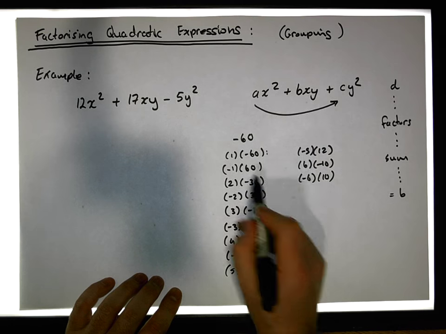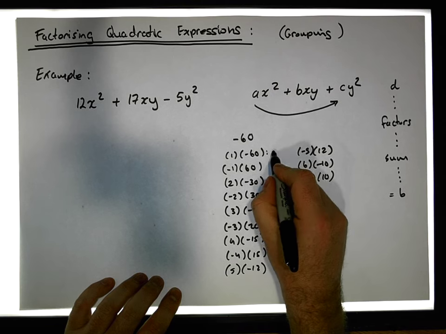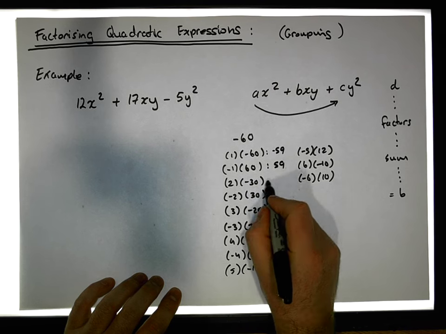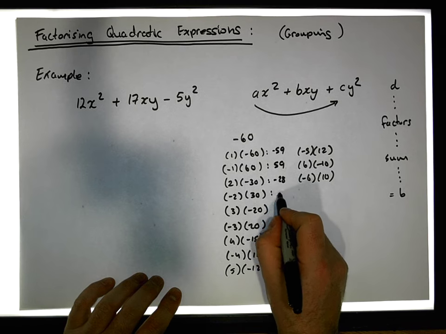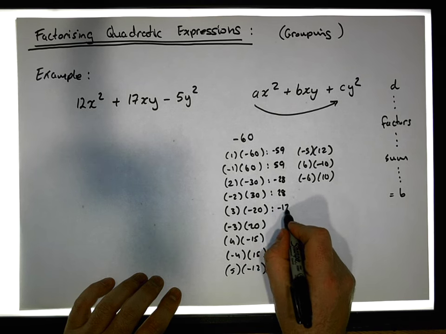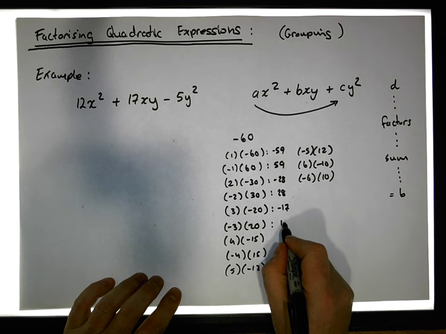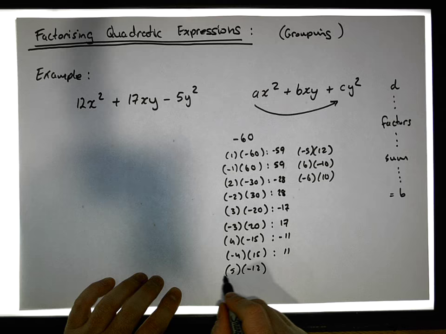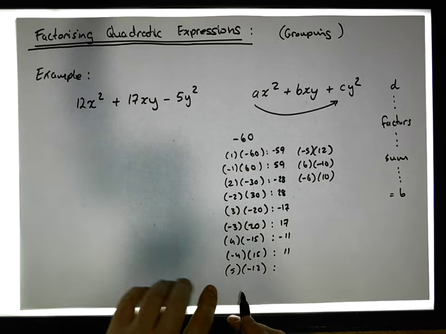When we sum these, 1 and minus 60 gives us minus 59, and minus 1 and 60 gives us 59. 2 and minus 30 gives us minus 28, and that gives us 28. 3 and minus 20 gives us minus 17. Minus 3 and 20 gives us 17. You can see here we have minus 11. We have 11. Here we have 5